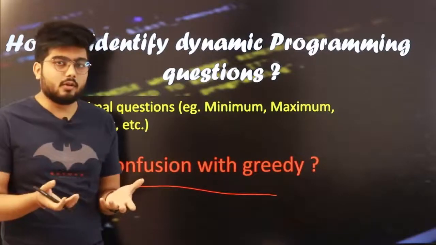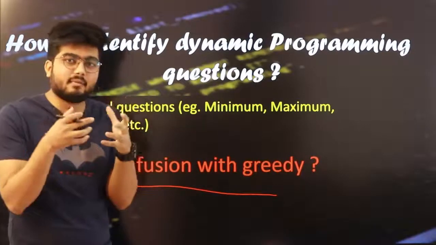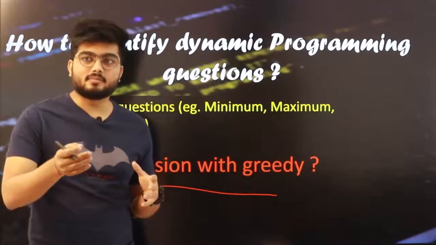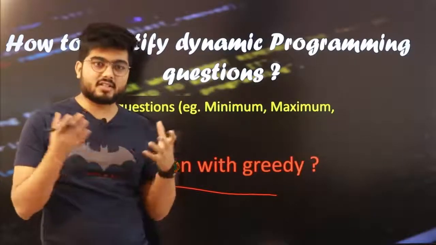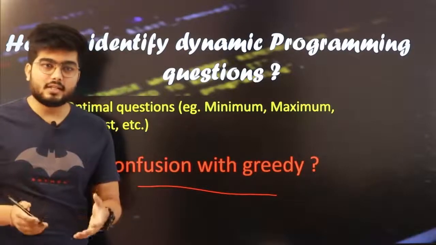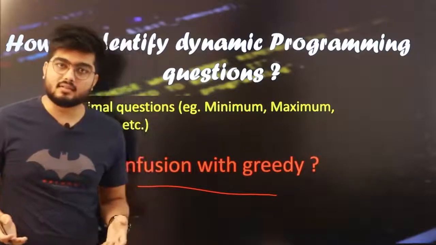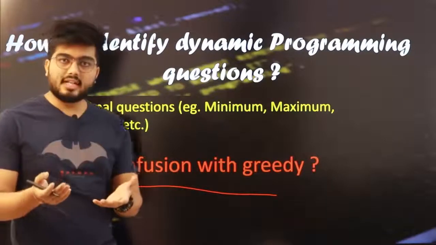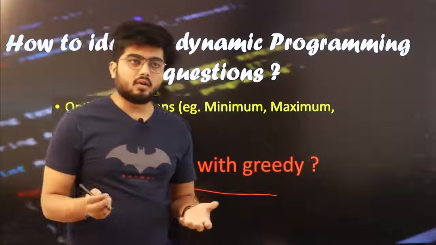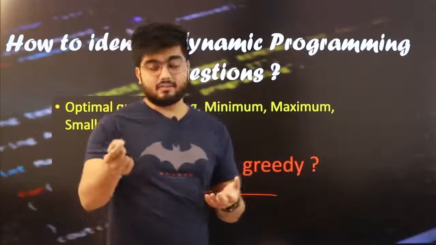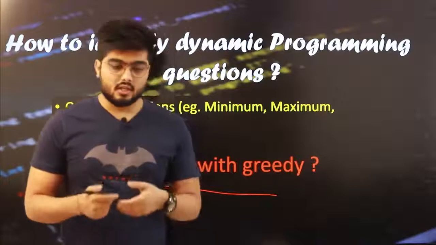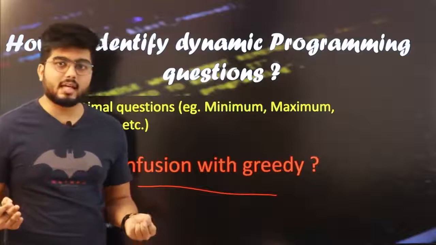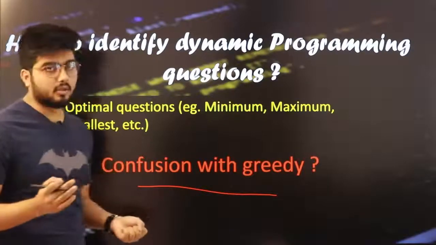And as the name suggests, greedy, what you do is basically you take the maximum value from it. Suppose you have to find the largest pizza, how you will start? You will start by taking the largest slice of that pizza. तो वैसे ही जो approach use करते हैं, it's greedy. So that also deals with optimal questions. Now some of you think that in the Fibonacci series we were using the nth term and there was no optimal question. So I'll say 90% of the time dynamic programming follows optimal questions.